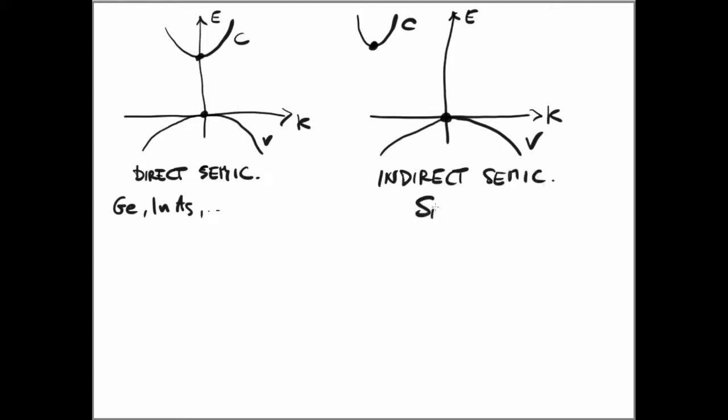And this is typically the case of silicon. So as you can see here, there is a mismatch in terms of momentum between the maximum of the valence band and the minimum of the conduction band. So effectively, this means, going back to the tunneling process, that